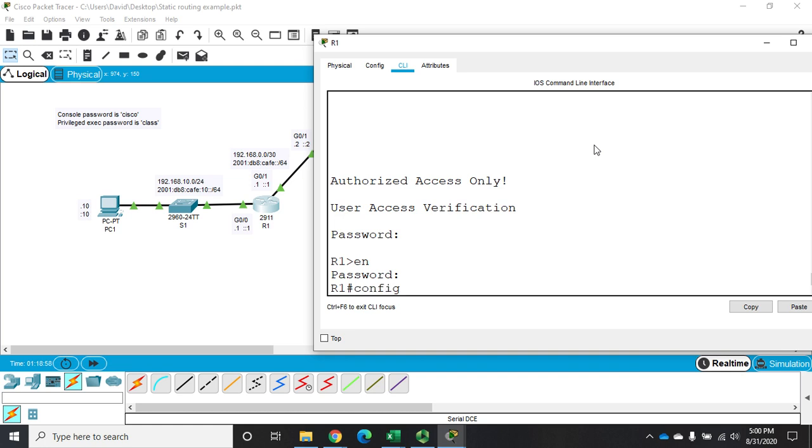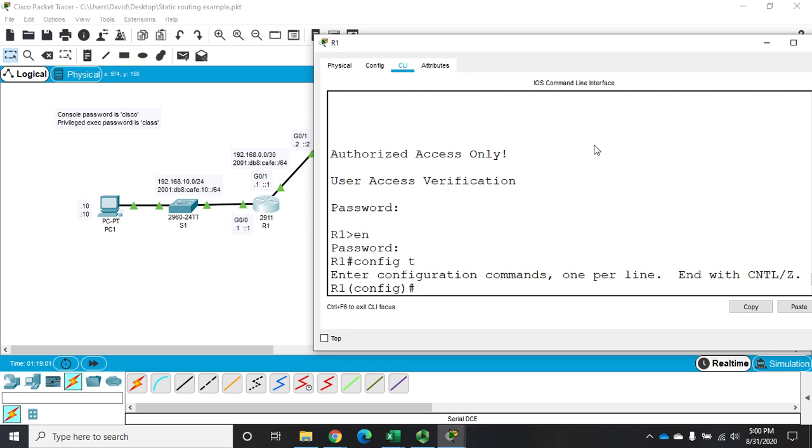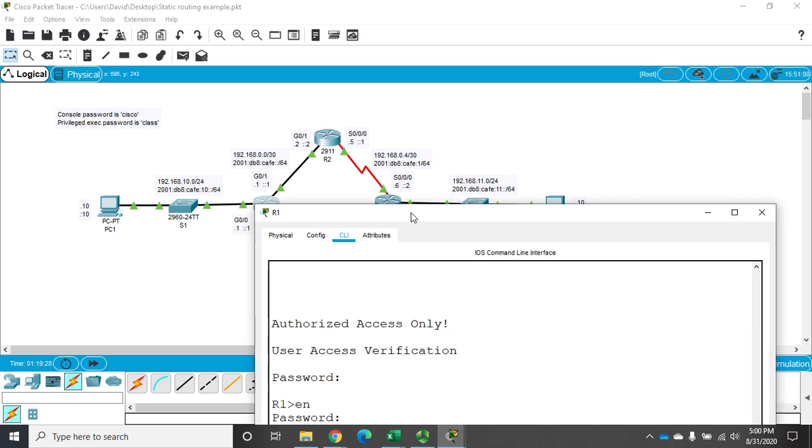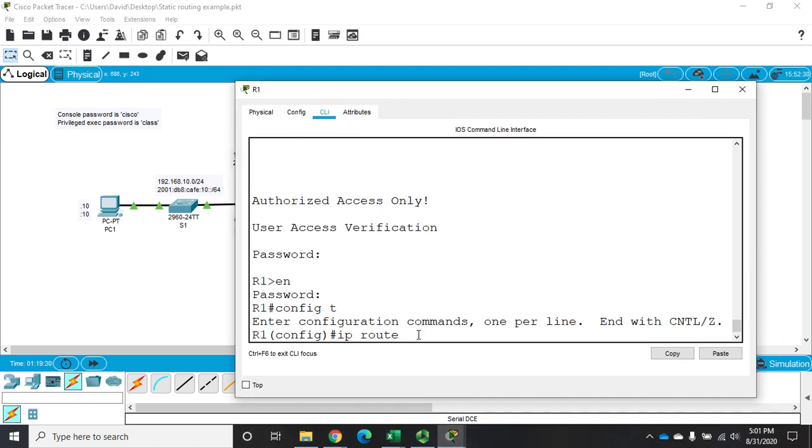So the way we're going to do this, we're going to go to global config mode. And then the command to create a static route is ip route. So we're going to ip route, and then we're going to set our destination network ID. Now, most of the time, not all the time, most of the time, you're going to write static routes to networks, not hosts. So that means you're going to need to specify the destination network ID and subnet mask. And this is 192.168.0.4/30. So we're going to ip route 192.168.0.4 and /30 is